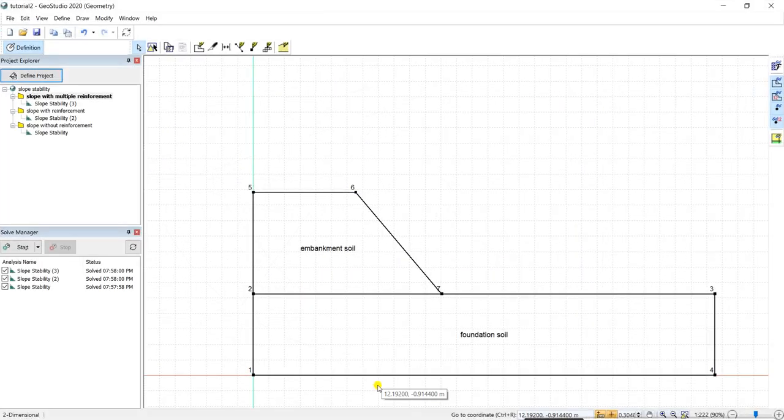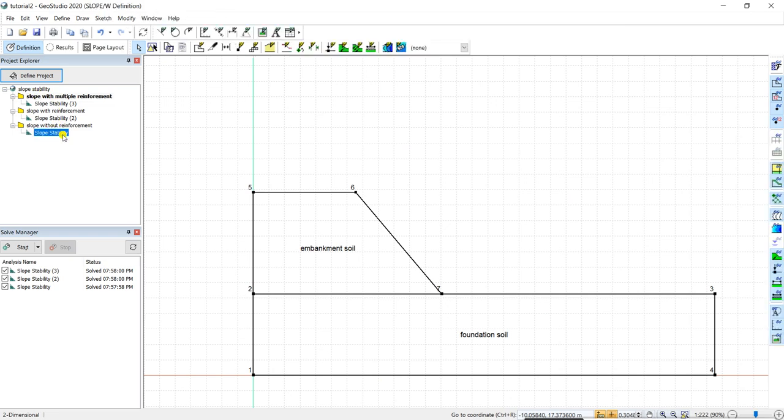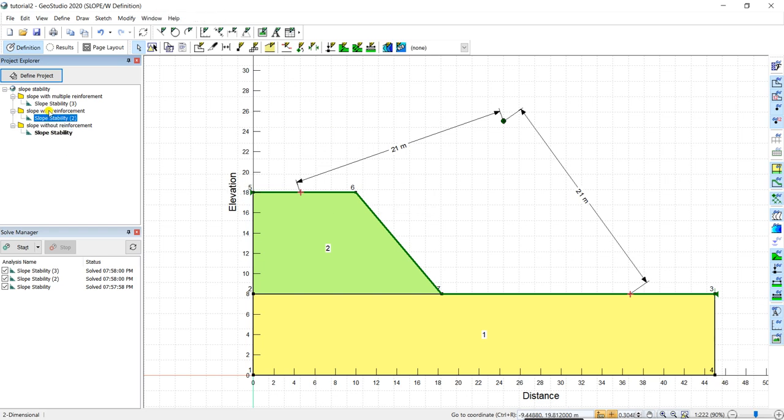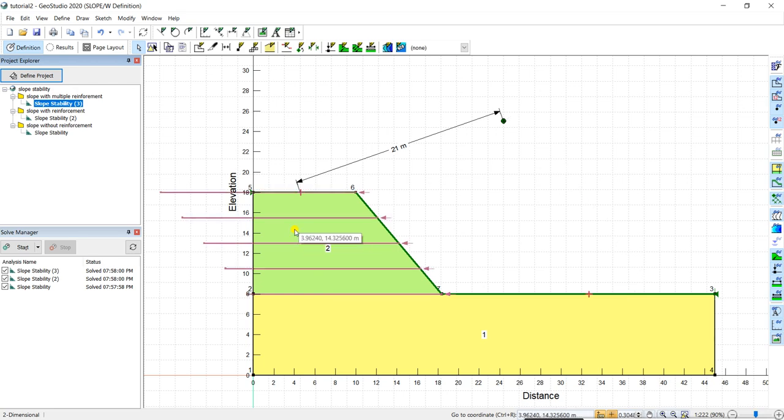Now going back to GeoStudio. So this is the geometry, and let me show you that I have solved it for three cases for the limit equilibrium method. The first one is without reinforcement, the second one is with one reinforcement layer here, and the third one is with multiple reinforcements. So now we are going to solve it by finite element method.